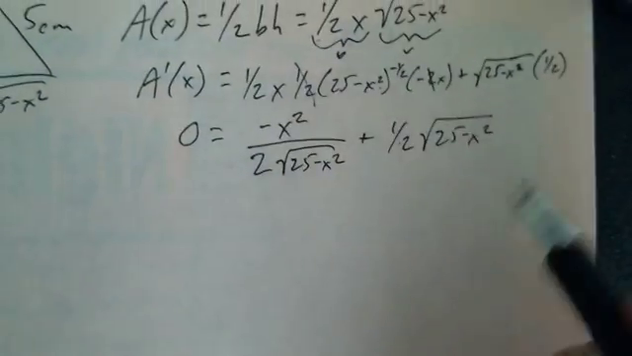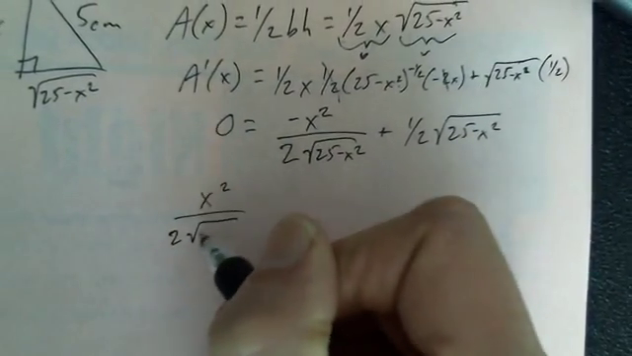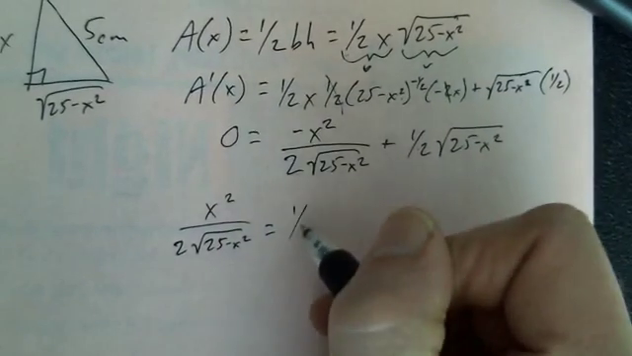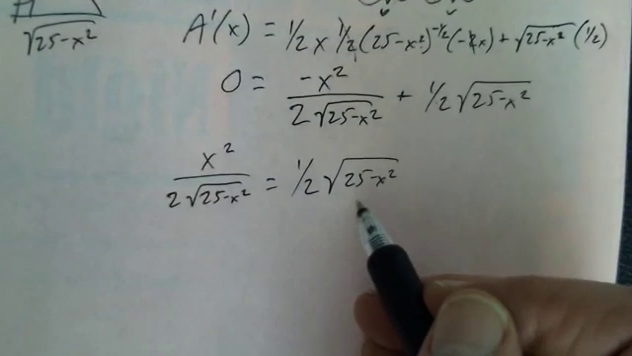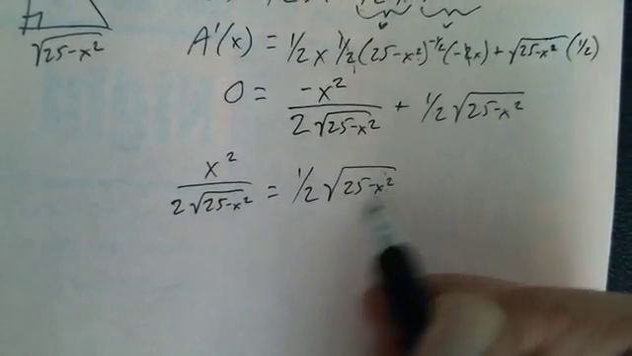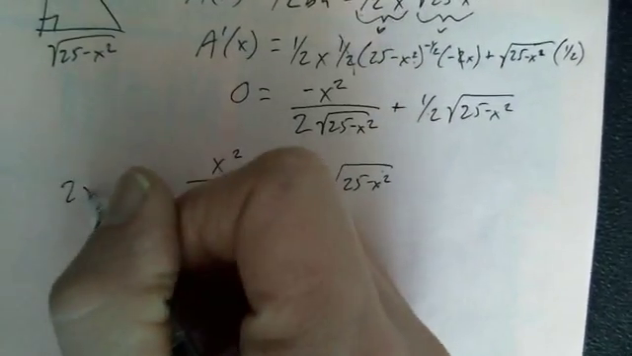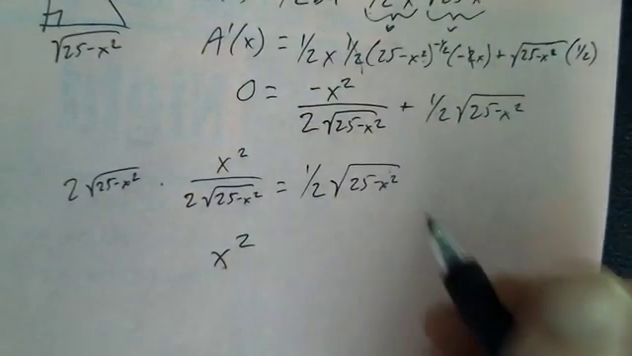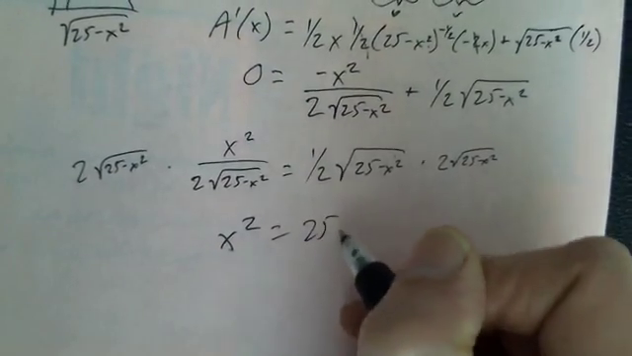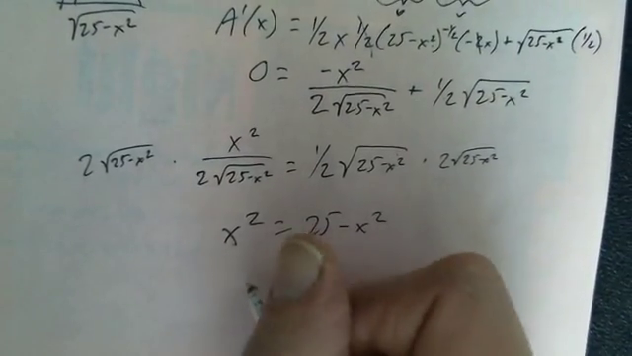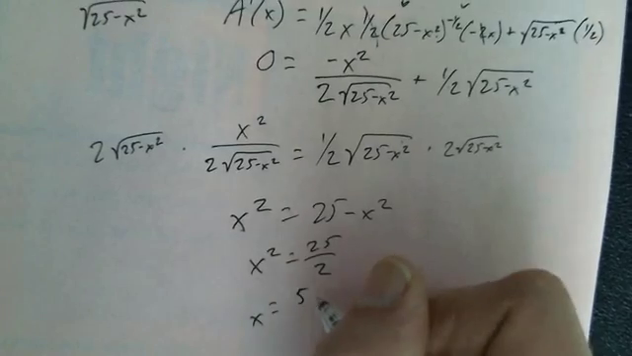So, we'll find out what x makes it 0. Let's see. Bring this over the other side. x squared over 2 radical 25 minus x squared equals 1/2 square root of 25 minus x squared. Now multiply both sides by 2 times radical 25 minus x squared, the denominator. We'll leave x squared on this side. And on this side, the half will go out, and this will just become 25 minus x squared, which makes x squared equals 25 over 2, and x equals what we figured, 5 over radical 2,